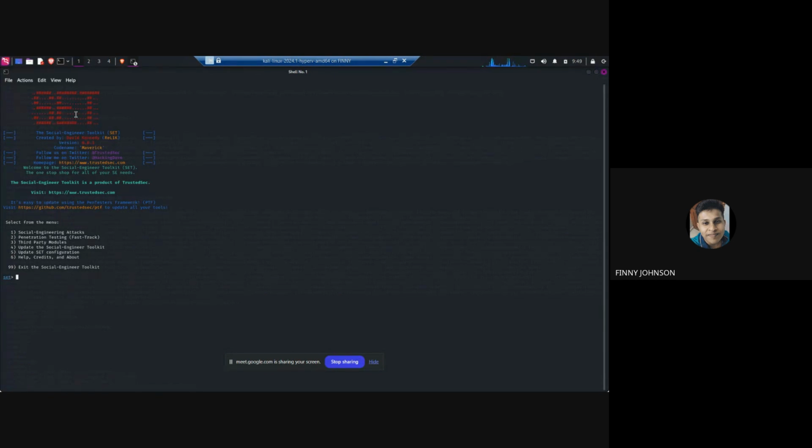Once again, disclaimer: don't try this on your personal friends. You will be in jail for more than 3 years. I'm giving you a guarantee. If the other person complains to the cyber cell, you will be in jail and you will be going through the law. Many things will happen, and it's very hard to come out of cyber cases. Okay, that's not the point. Coming back to our content,